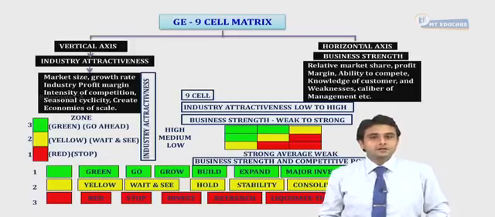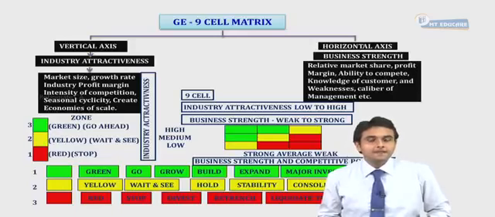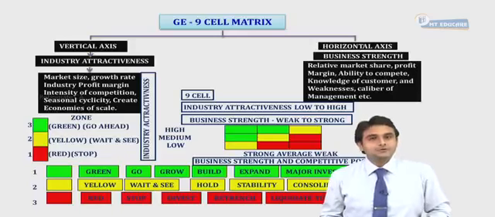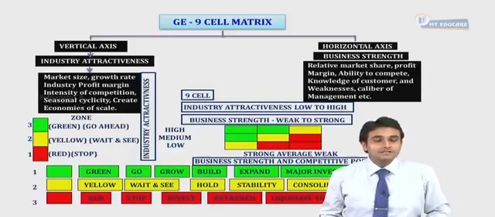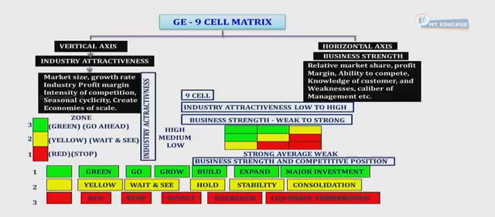Now, if we observe a little, this matrix contains 9 cells, that is 9 boxes. And the green boxes that we can see are those products which give me a green signal, which means I have to go ahead, I have to grow, I have to build, I have to expand those products. Now, the yellow boxes are those products which force me to wait and watch because of the uncertainty. And the red are those products which have become obsolete and